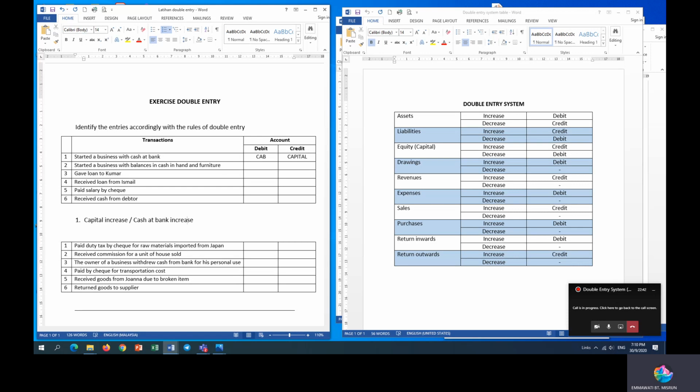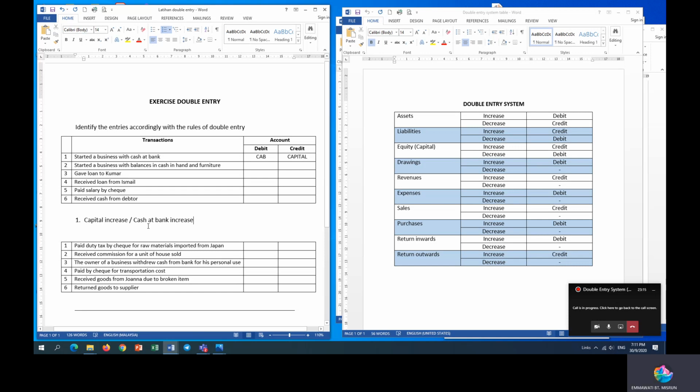Okay, so both capital account and cash at bank increase. So now we have identified the movement of our two accounts that we have already opened earlier. Now the third step is for you to apply this double entry system into your entries. So it said here that your capital increase. Cari mana capital? Ini dia capital. Capital increase credit. Jadi bahagian account ni kredit adalah capital.